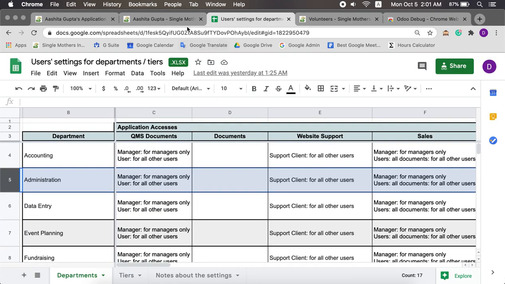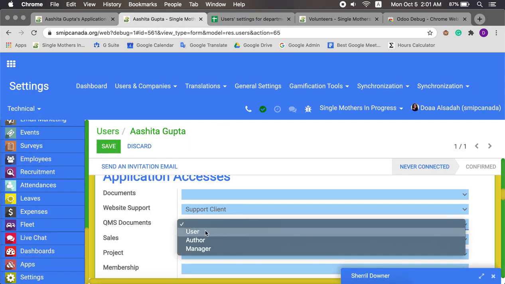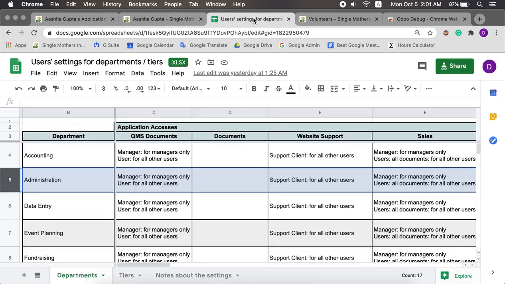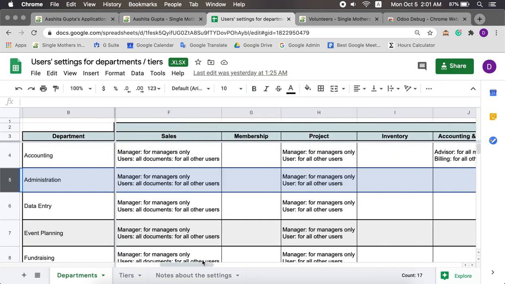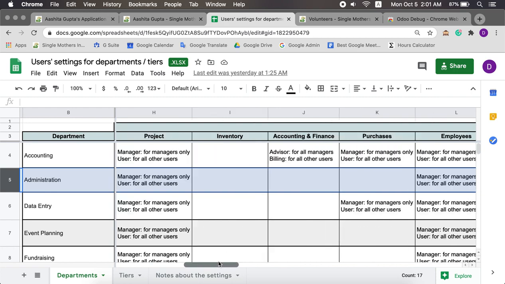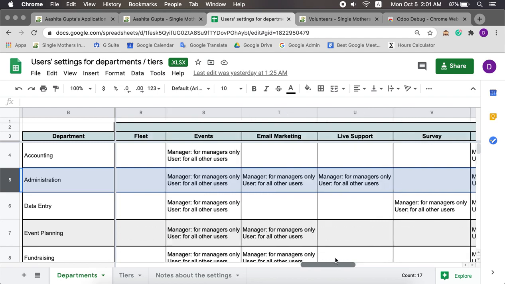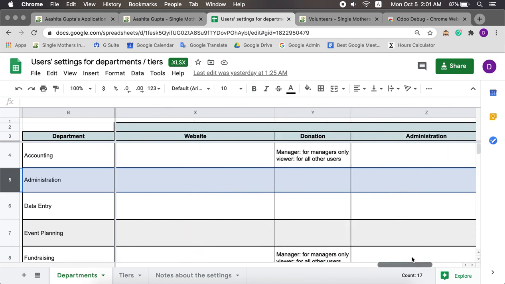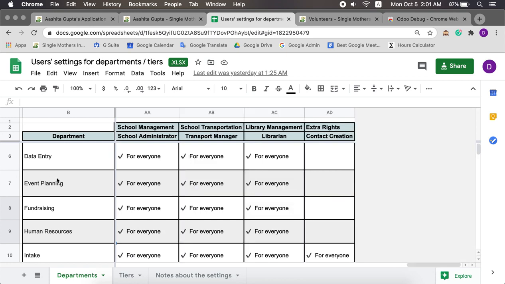It's called QMS documents. So go to QMS documents and choose user. And you'll do that for each section, depending on the department and the job position, if they are users or not. Here